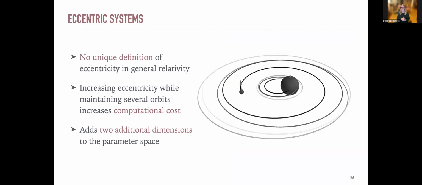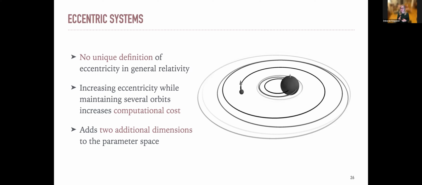Similarly, eccentricity. Up till this point, I've been mostly talking about when your black holes are orbiting roughly circularly, what we call quasi-circularly because they're decaying and getting closer. Now, if your black holes are getting closer and further apart, we call that an eccentric orbit. Part of the annoyance here is just semantic in that there is no unique definition of eccentricity in general